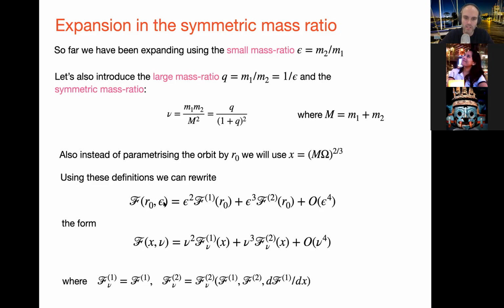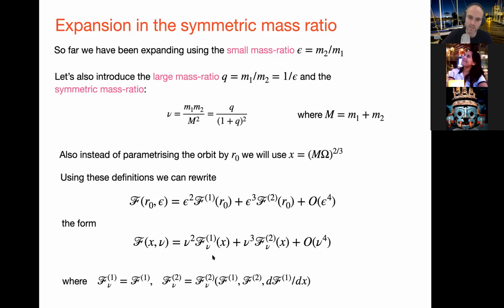But then using these definitions, we can rewrite this flux that we'll compute from our perturbation theory calculation. So we can go ahead and compute all the metric perturbation, and then we can evaluate it asymptotically. And from that, we can then compute the radiated gravitational wave fluxes. In the actual calculation, we compute it as a function of R naught and epsilon. But just using these relations, we can re-expand without losing information and write it as a function of x, this separation parameter, which is favored by PN, and the symmetric mass ratio. And there's some relation between them. That's not too important, but it can be done.